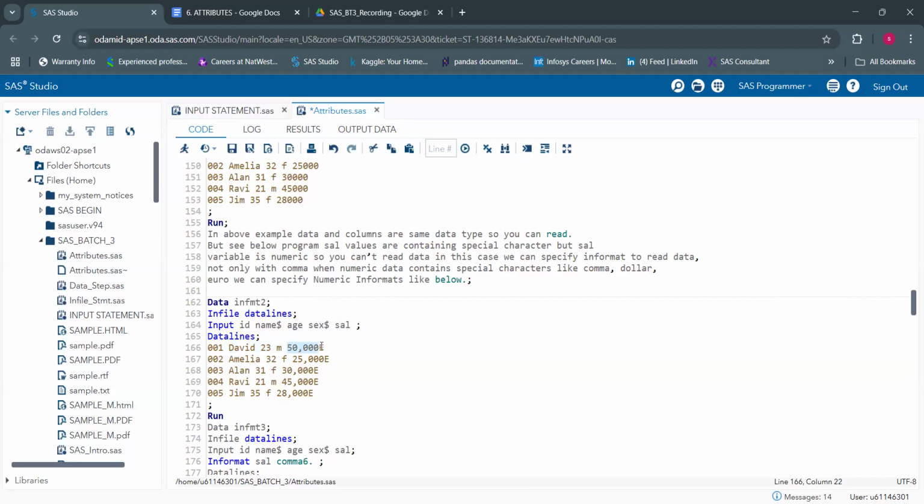It will not give the output, I think. So what will I be getting under the sal column? Periods. Exactly, because this is a special character. A numeric can only read the numeric values, not the special values. No other values means characters or special characters. If you run this,